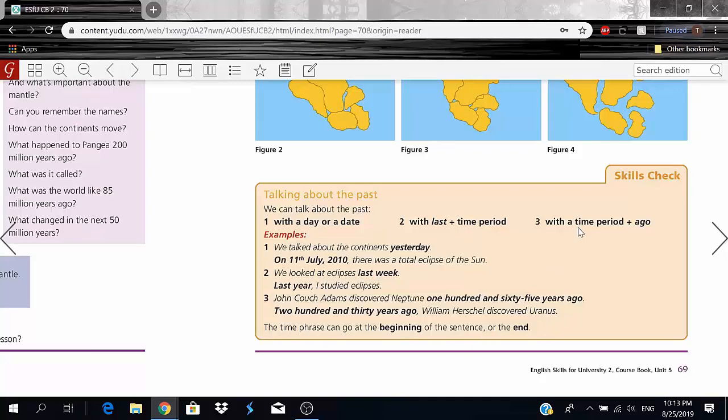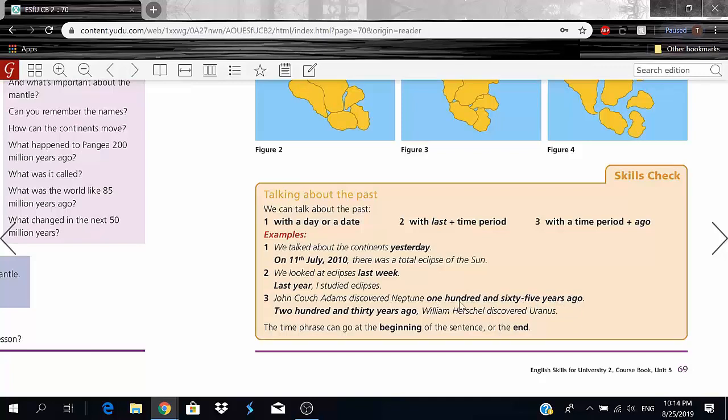And then finally we have using a time period and using the word ago right after that. And that is why when we were doing exercise A, it was A or B, I think, we added the word ago because it was a question with a time period. So John Couch Adams discovered Neptune 165 years ago.